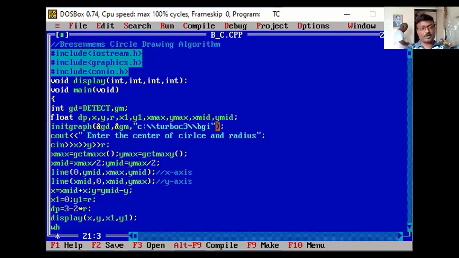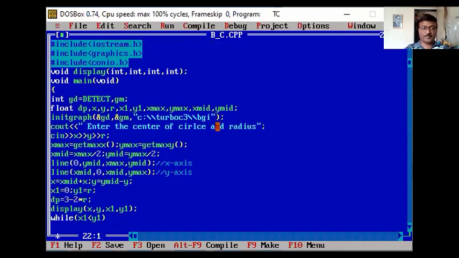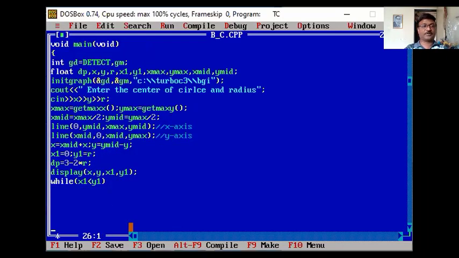Now proceed. While x1 is always less than your y1, so this is my while loop. Not necessary to remember because of x1. Which one x1? This x1. See, x1 is 0 and y1 is r. So this is always less. Now proceed. Suppose I have said this while x1 less than y1. Then proceed for the next one by using opening curly bracket. Start your while loop. While starting the while loop, first of all, if this decision parameter, whatever the decision parameter you have calculated, is less than or equal to 0.